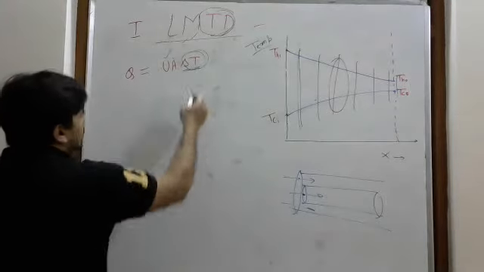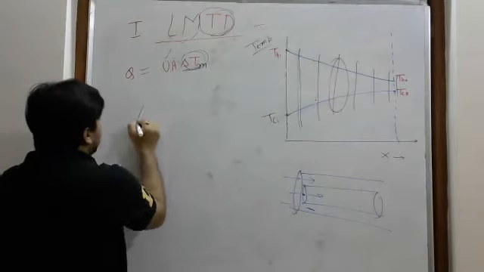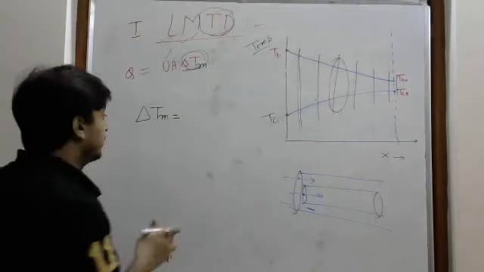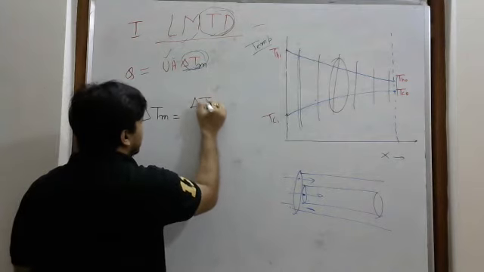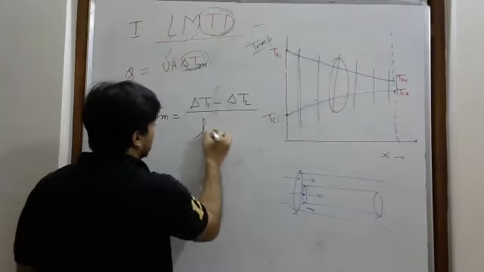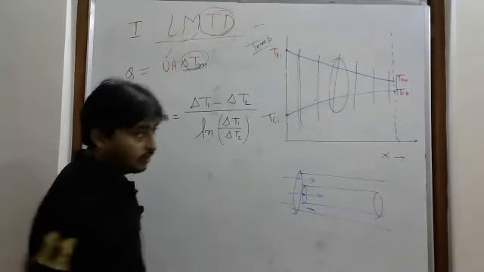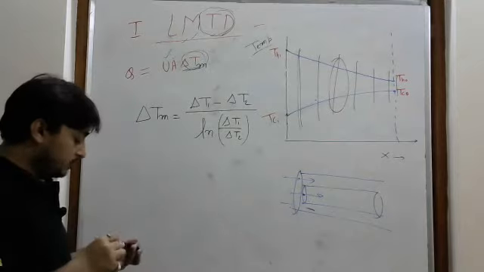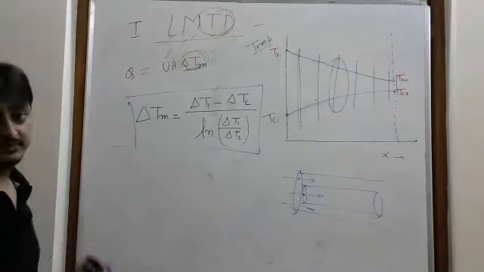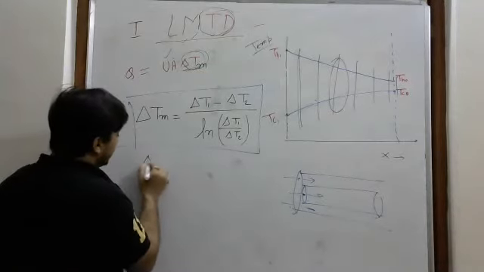So after derivation, what is this value? This will be del Tm. The formula for del Tm after derivation is coming, and that I am going to give: del Tm equals del T1 minus del T2 divided by ln of del T1 divided by del T2. What is del T1 and what is del T2, that I will tell. This is the formula, and everywhere you have to use this one. For applying this method, you need to understand the requirement. So del T1 equals how much?